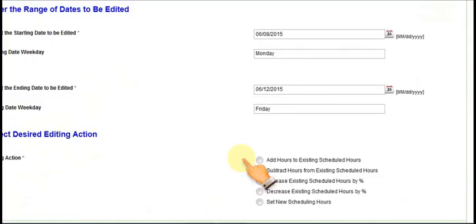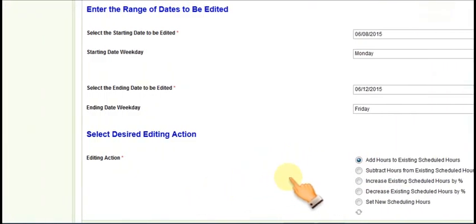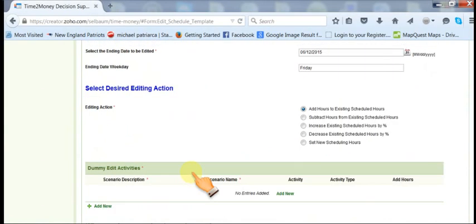So as we can see here, Time to Money provides the following 5 types of edits to your planned number of work hours for activities in your schedule. You can either add hours, subtract hours, increase hours by a percentage, decrease hours by a percentage, or set entirely new hours. For this demo, I'm going to select add hours to existing schedule hours. And I'm going to scroll down,